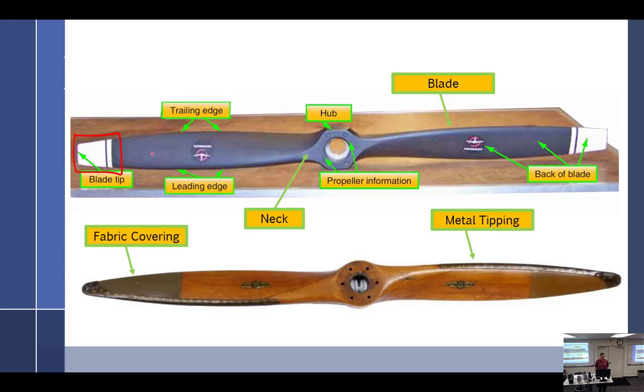So the face of the prop is always painted a flat black. And it's really important that it stays flat black. The airport I work off of has a lot of loose gravel, and it really gets the tips, the face, not what you're seeing here, but the other side. Really, the paint starts to come off the tips real easy, and so it's just standard practice I do on my prop, usually every oil change, I have a little touch-up paint, so I don't get the flicker vertigo, because it makes you throw up.